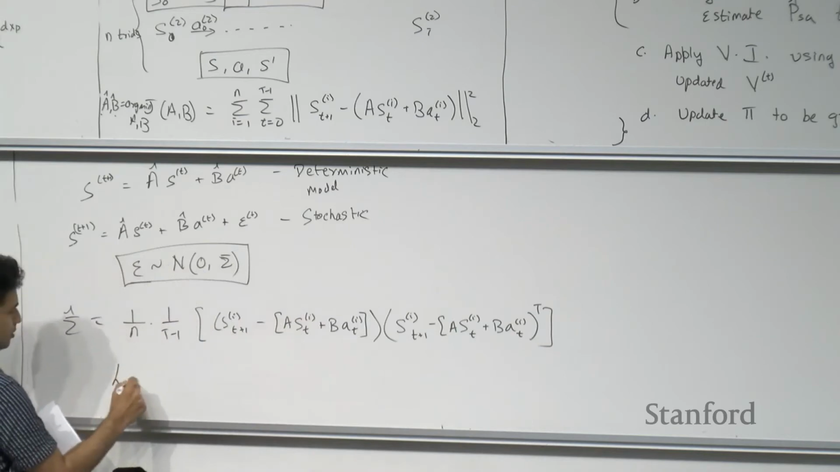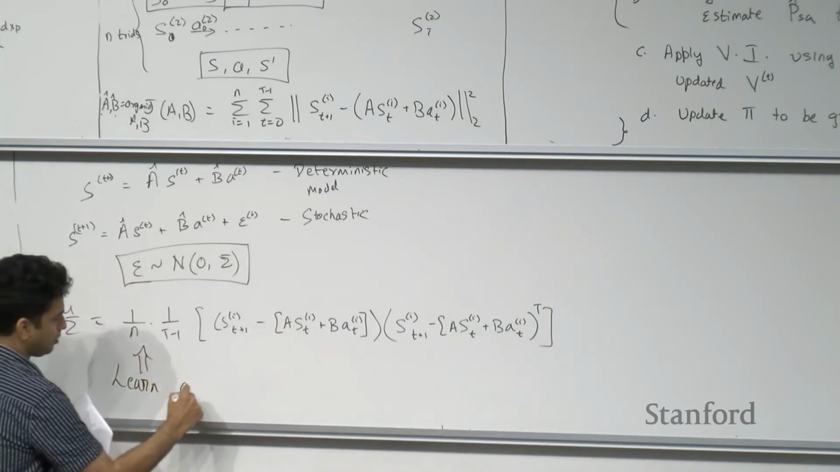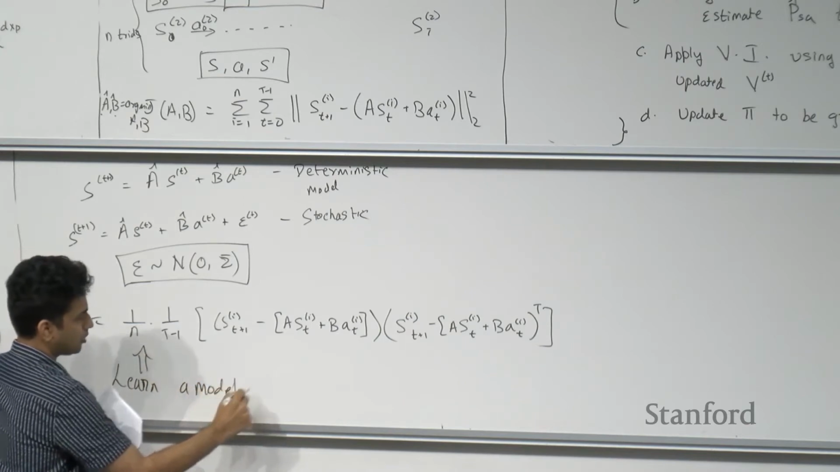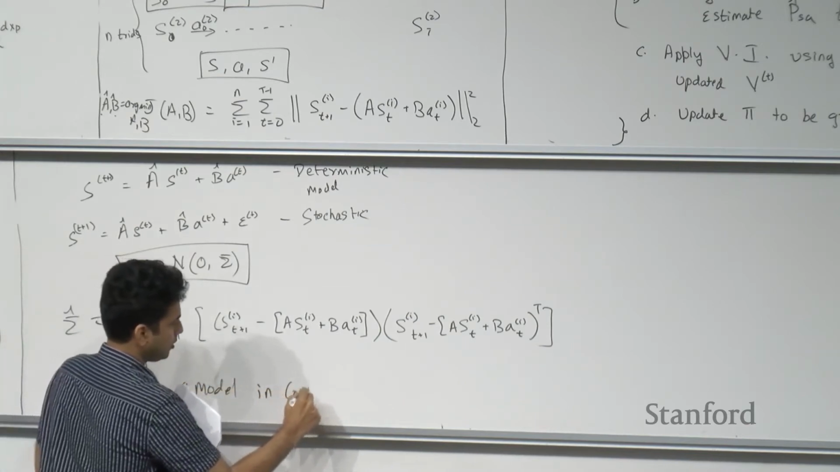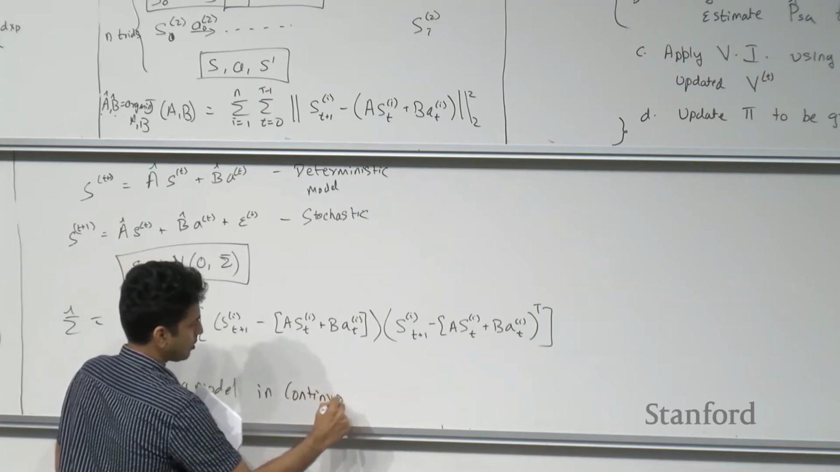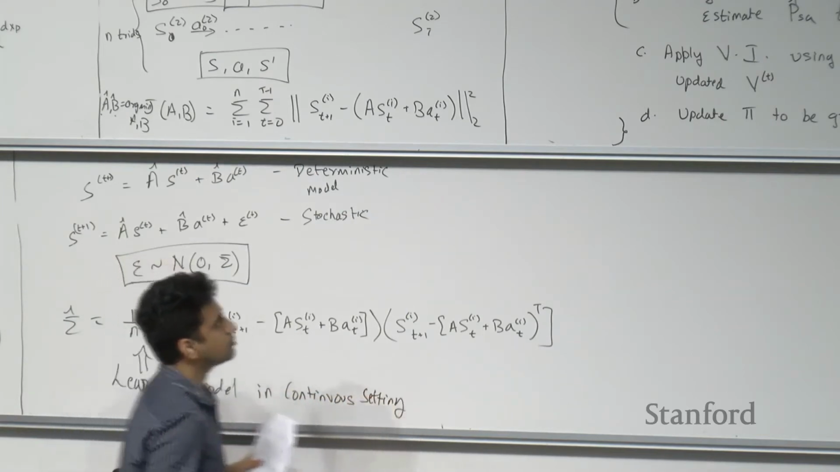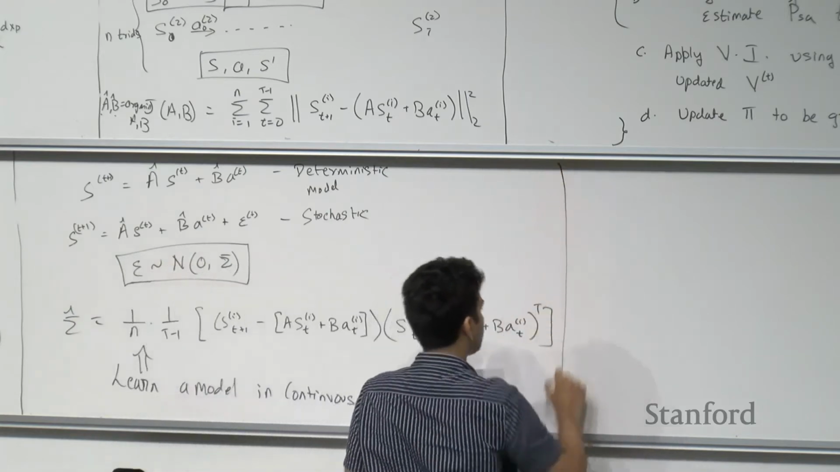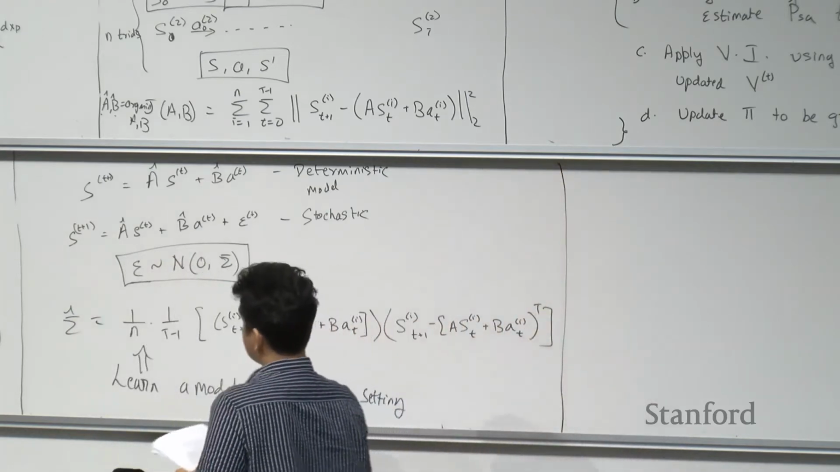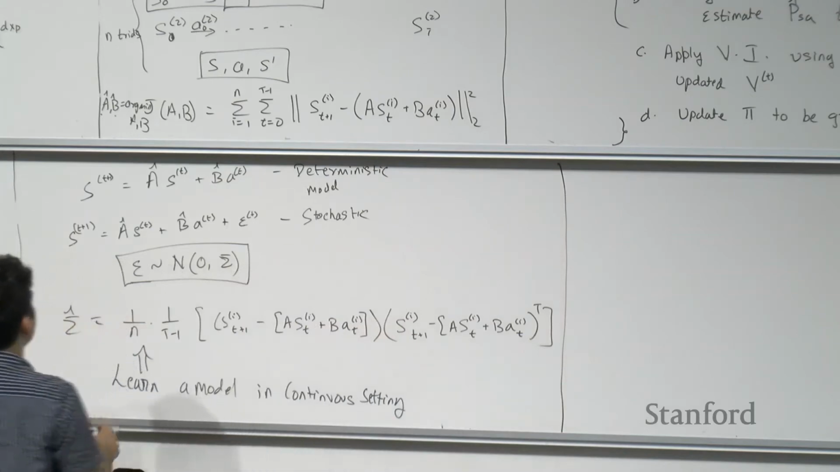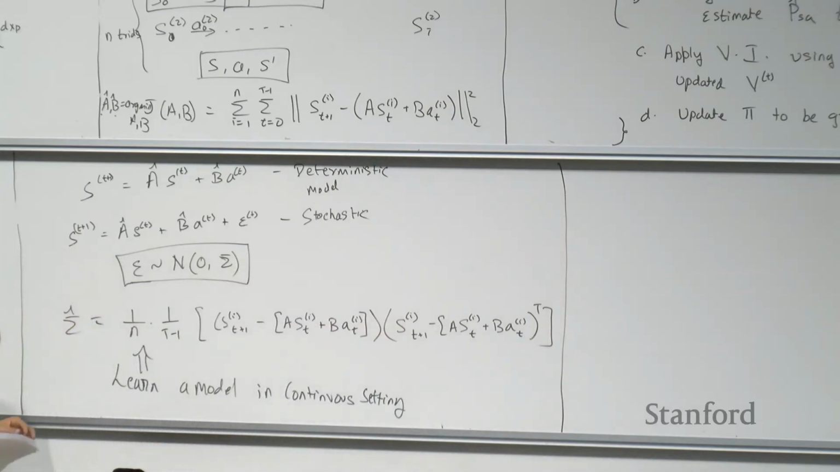Okay? So this is how we would learn a model in continuous setting, right? Now let's see, after having addressed modeling the environment itself as continuous,